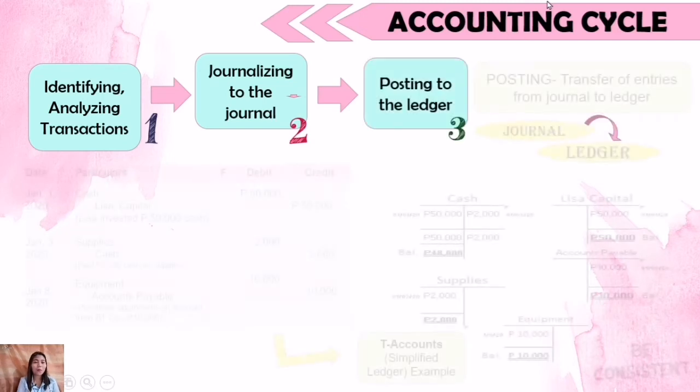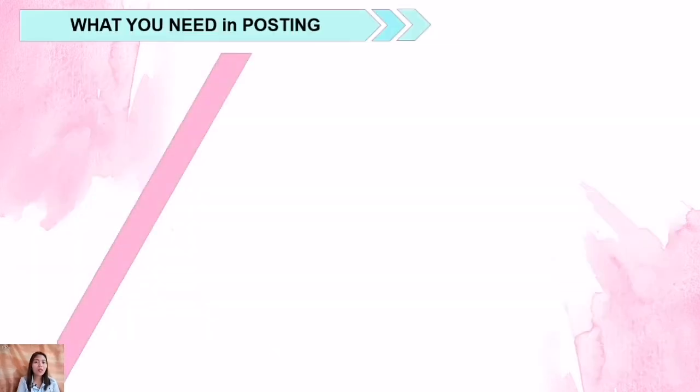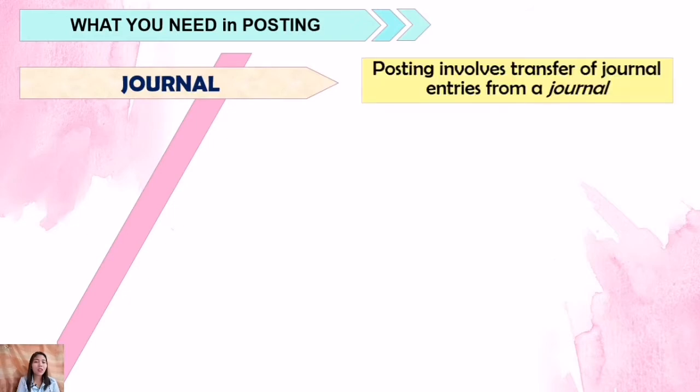Now the third step, posting to the ledger. So we have here transferring of entries from journal to the ledger. So we will be using the accounts. What do you need in posting? Journal, of course. You need the journal, the records in the journal, the entries in the journal to be transferred